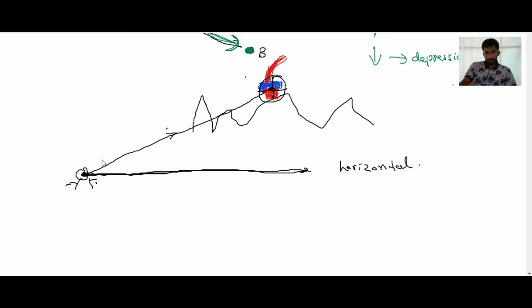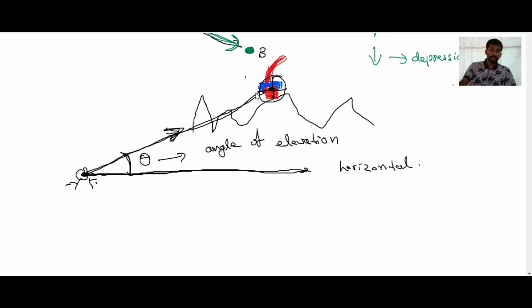Now see, from here you are looking at that airdrop. Clearly observe, the object, that is the airdrop, is above the horizontal line, right? Clearly you are looking in an upward direction. Observe these two lines clearly. You can get one angle theta. This angle is formed when you draw a horizontal line from the person's eye and a line which joins the person's eye to the object. That angle theta is called the angle of elevation.